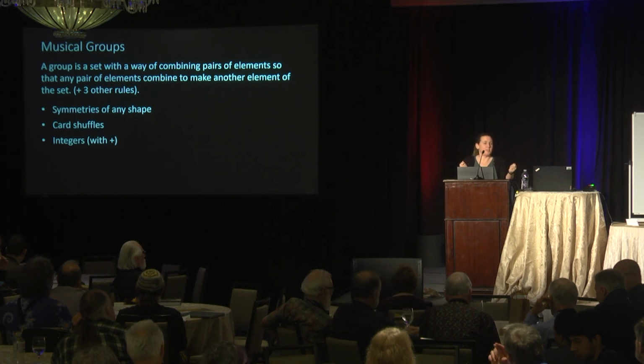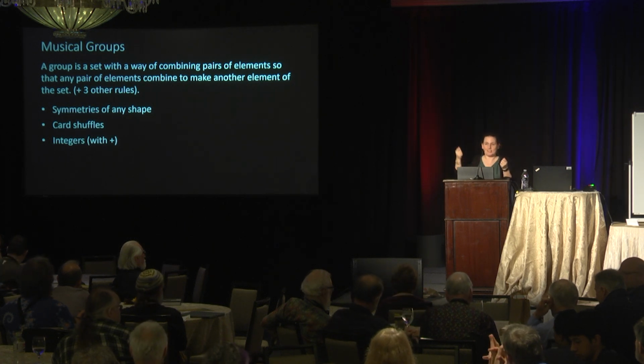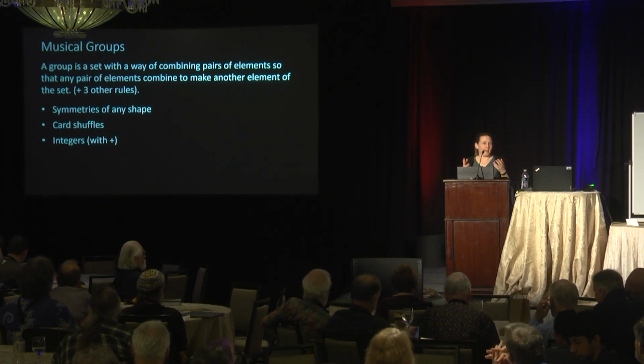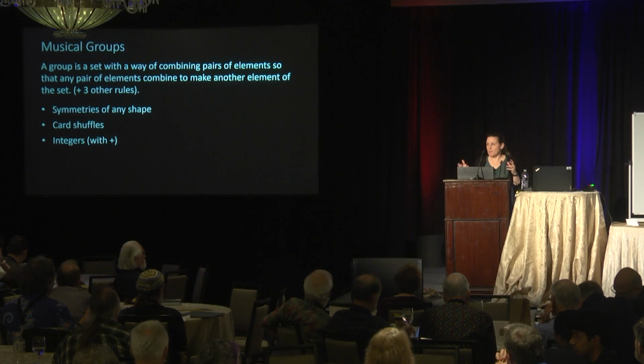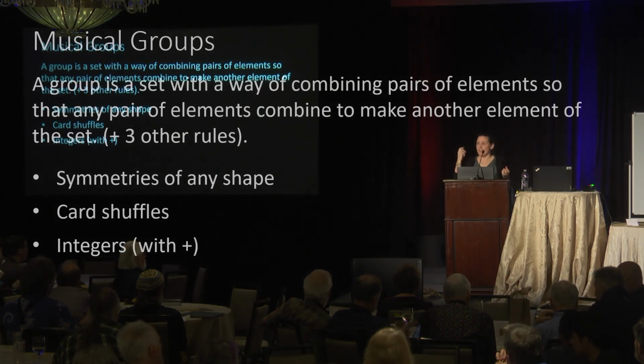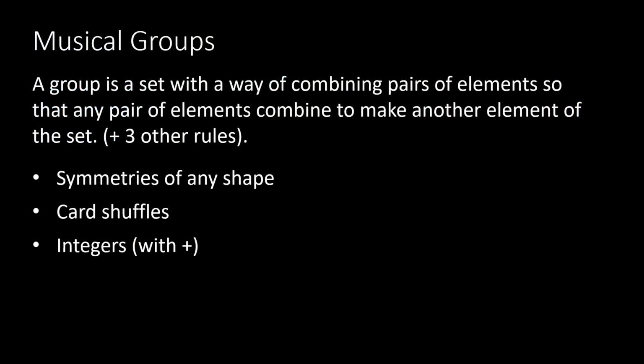We just do one and then we do the next one. Composition of maps, right? So do your rotation, then you do your reflection. The outcome will be another symmetry. There's a few people in the room who may have a pack of cards. Shuffling cards, that's another group. You do a shuffle, you do another shuffle, the outcome is a perhaps more complicated shuffle. So I'm just saying, these permutations of things are closed.